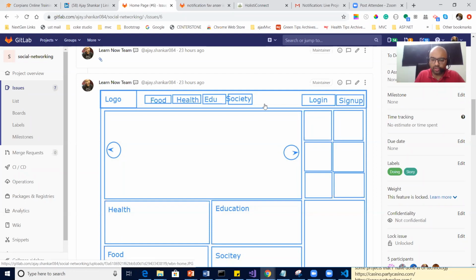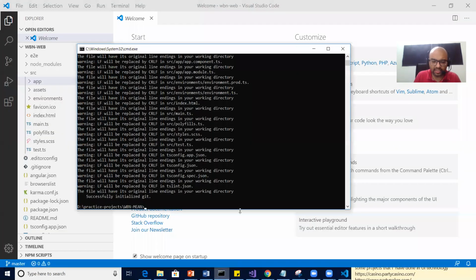Okay. So I repeat the same question again. Do you think that this whole layout should be divided into at least three components? One will be your header, one will be your footer, and the center part should be the layout. Right? Yes, sir. Okay. So let's see, is it completed? Yes, it is completed. So let me go into the application.